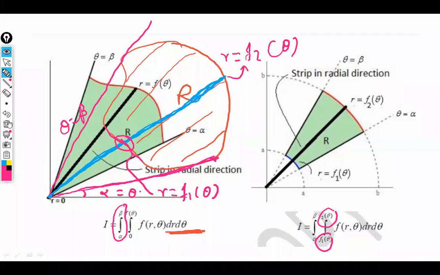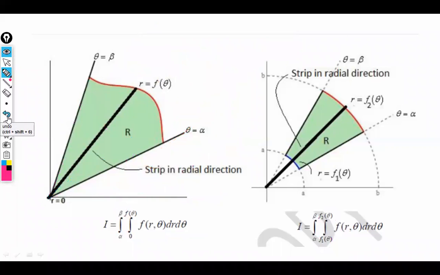There is one fixed direction there. Okay. So here two sample diagrams are drawn. This is diagram number 1, the first one. You will observe the region R is highlighted here in green. The region starts at theta equal to alpha, and the region ends at theta equal to beta.